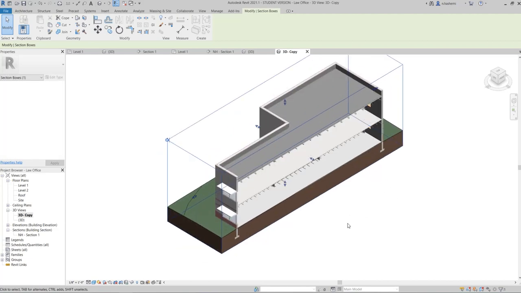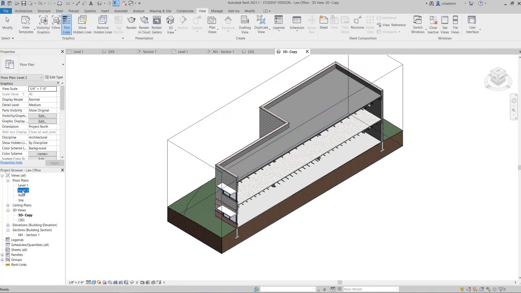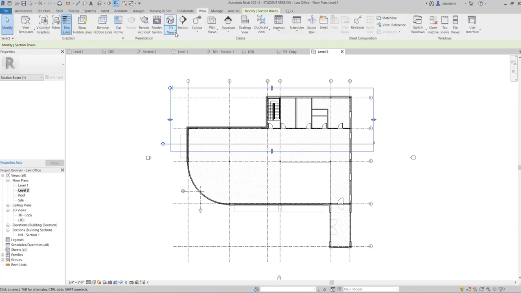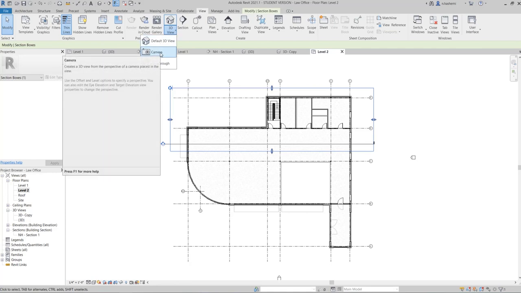Next, we are going to add a camera view. For that, go to level 2 in Project Browser. Then you want to create a perspective of your building. Then you need to add a camera, and the view would be like a perspective. Now, where is the camera tool located? We have it first here at the top in the quick access toolbar. You can use this button here, or you can go to View, and here in 3D View, use this one. They are the same, okay?